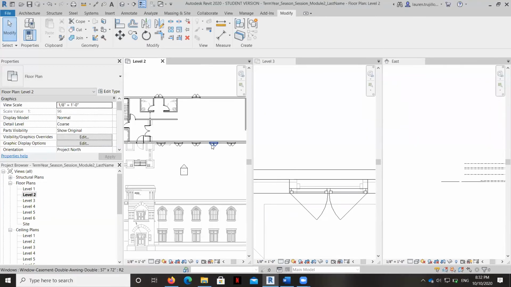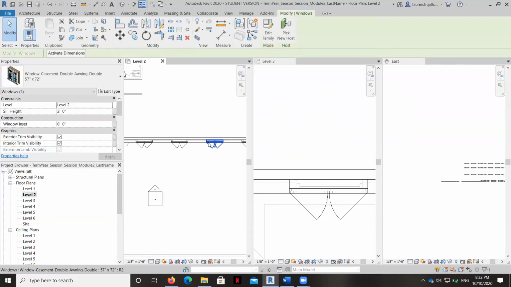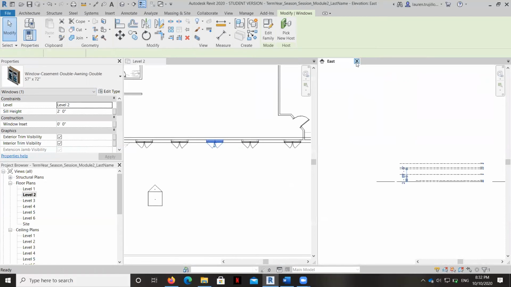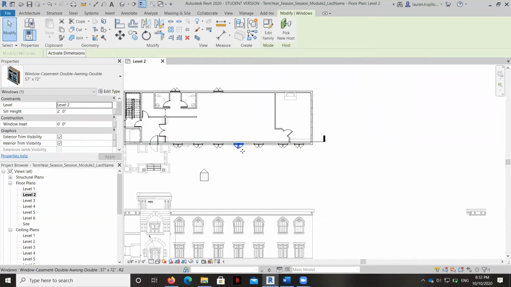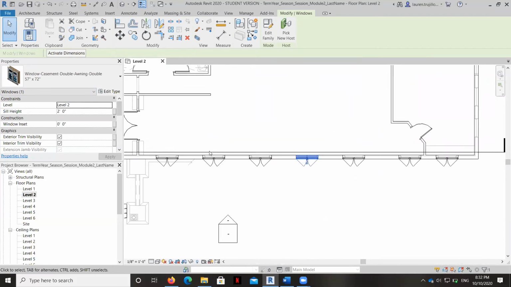So now that you know how to grab these, you may be able to also copy these and bump them up to the next level. You can play around with that if you want to, but just realize that it might cause a little bit more stress than you'd like.